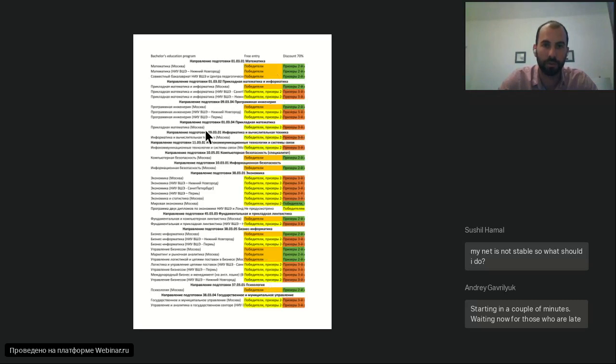So you can see free entry here, the directions of educational programs here, and this financial aid or discount is here, which is normally 70% of admission, but there is one special program of 2 diplomas, a very cool program for, let me remember, it's a diploma. One diploma is earned